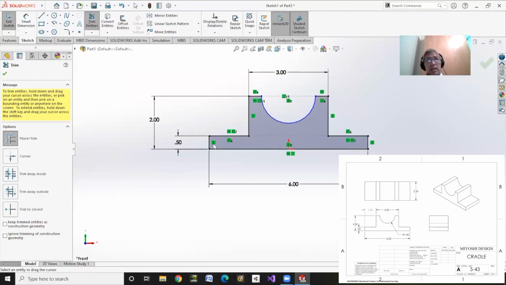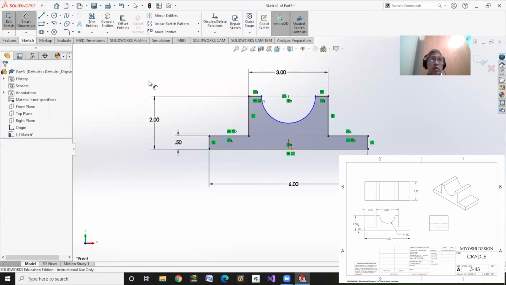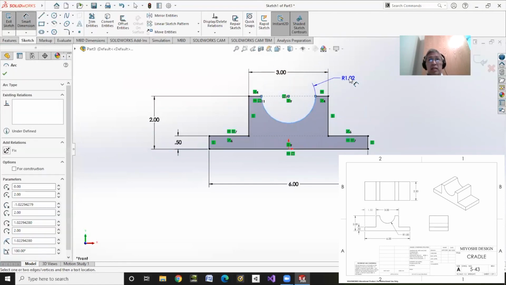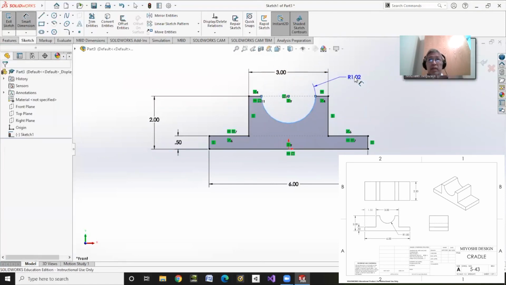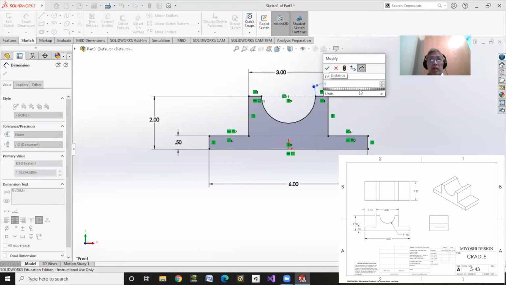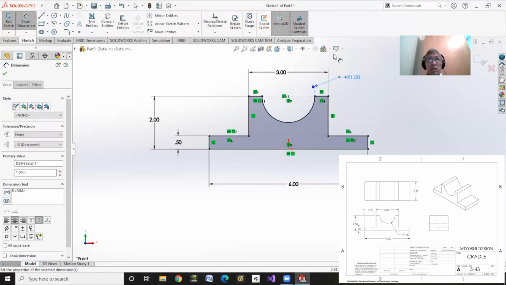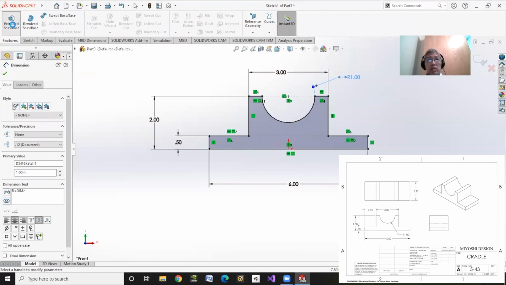Oh, one last thing. Remember, this is blue, so that's not all the way defined. So what I'm going to do is smart dimension, and I'll just make this guy. I don't like that particular dimensioning style, but that's okay. That radius is 1, so I'll just put a radius of 1, and there we have it. Black is beautiful. This thing is all the way defined, and so we'll go to features, extrude by space,